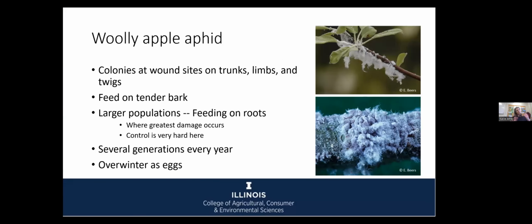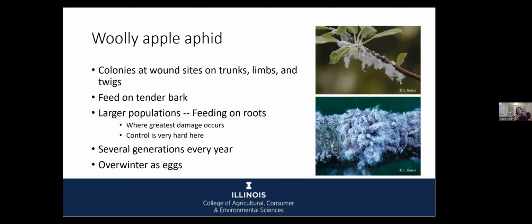So I'm going to go through a few more here. So woolly apple aphid is a pest that has been worse in recent years, I think. And it's probably something that you will see once you start growing apples. And it is different than other aphids. You've probably seen other aphids before because it has, as its name suggests, it's covered in this sort of waxy woolly covering that can make it kind of protected from some sprays and from some natural enemies.